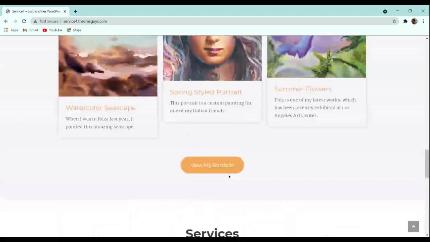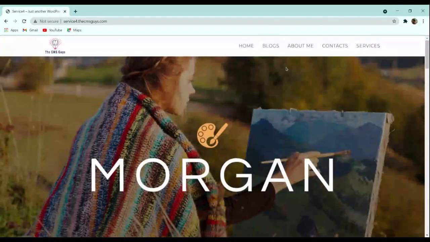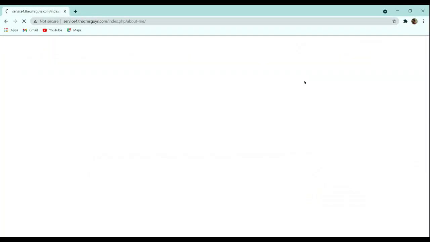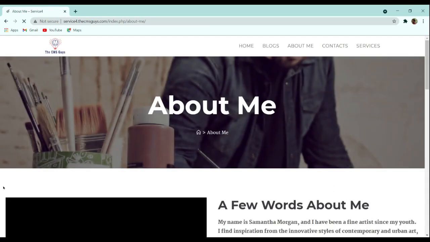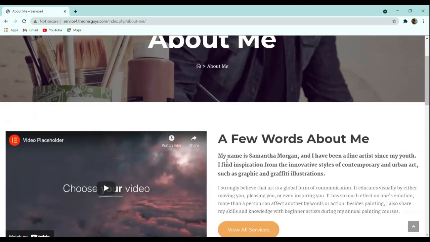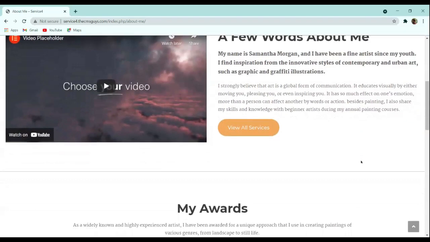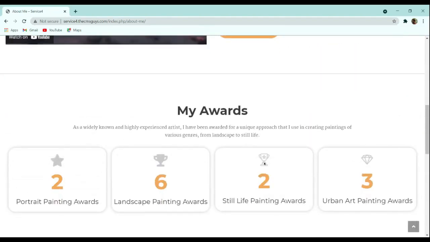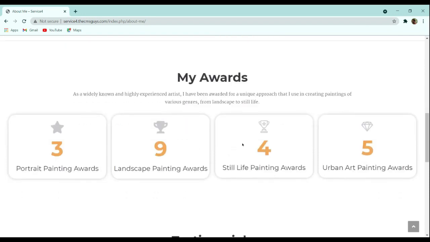Then let's move to our about us page. So now in this about us page, again we have this hero section, and in this we have a video on the left-hand side and a description on the right-hand side. In the next section we have an award section with counter elements in boxes, which increase to the final value as we open the page and scroll there.